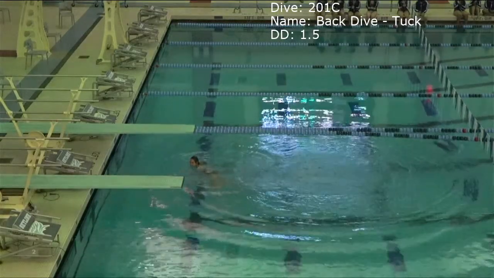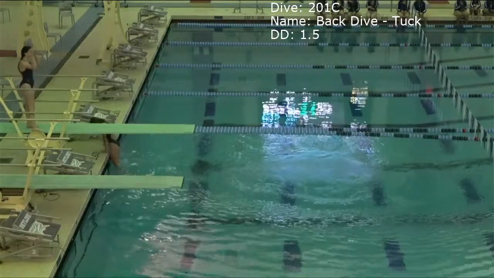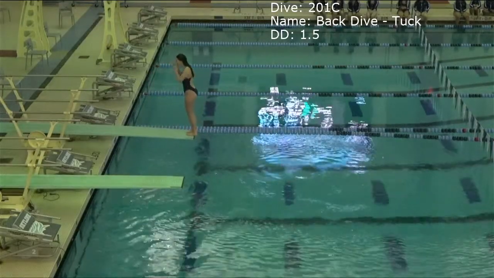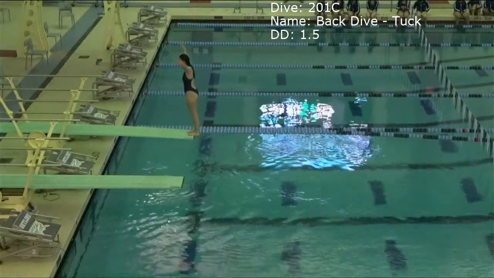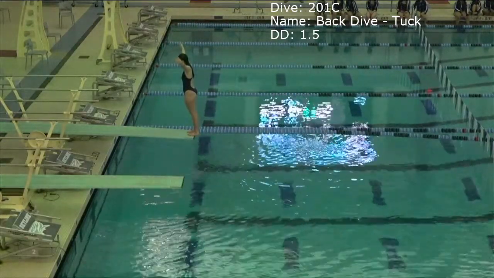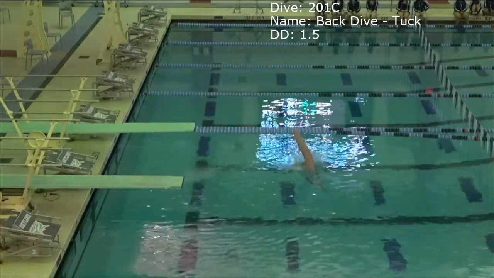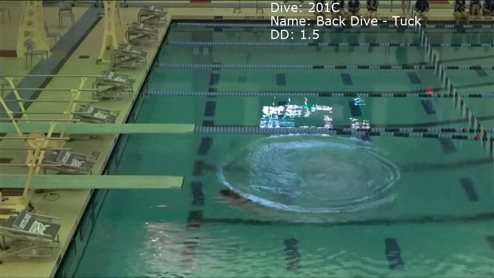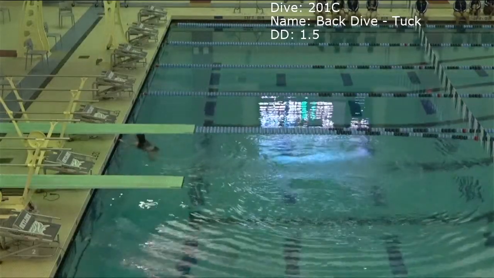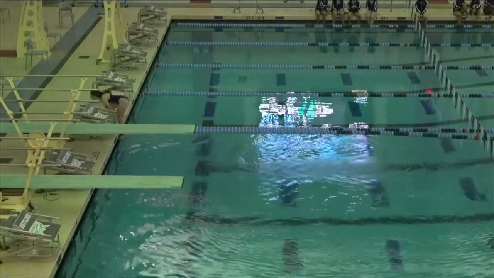Scores for Jill's third dive 5.0, 4.5, 5.0 for 21.75. Maddie will do a 201C back dive in the tuck, a degree of difficulty of 1.5. Scores for Maddie coming. 5.5, 4.0, 5.5, 22.50 for a total.